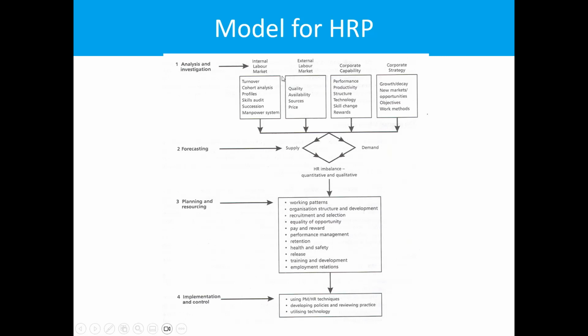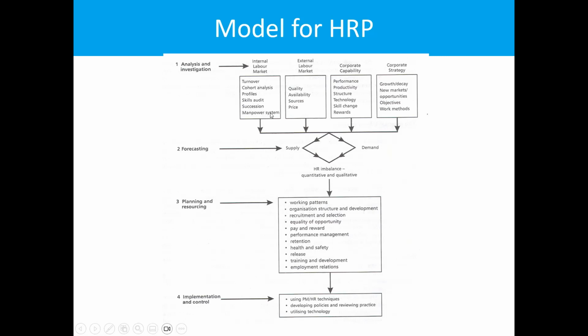This is Pilbeam's model. In the analysis and investigation, basically we need to analyze the business. First, we need to understand the level of the business that we are in. For example, what is our current turnover? What are our current profiles, the employee profiles? What type of employees are we having, what are their skills, their succession plans and promotion plans, and what is the manpower system? The manpower system is how people are recruited, processed, trained and developed,